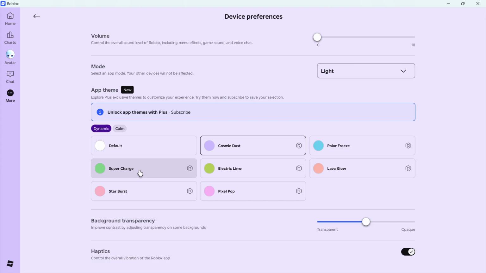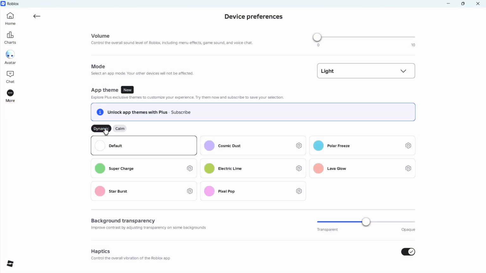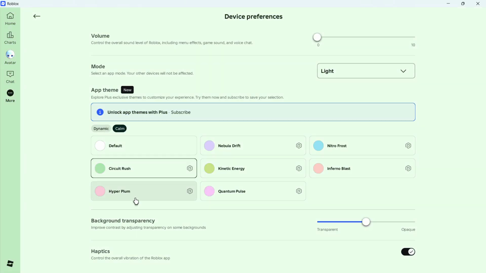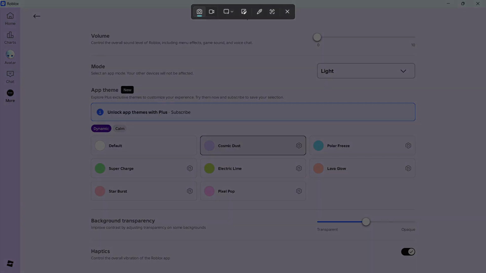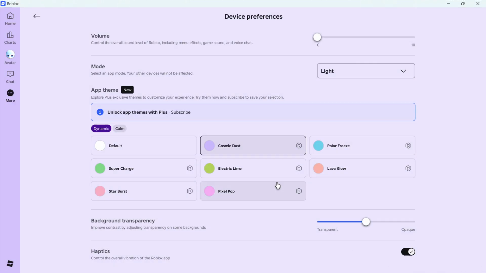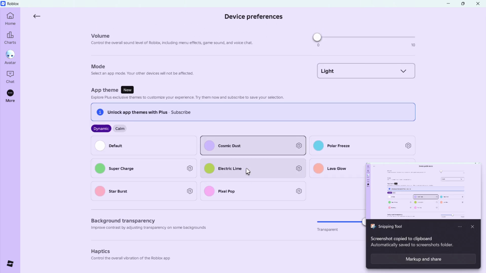You can use Cosmic Dust, Supercharge, Starburst, Lava Glow, and also you can change from dynamic to calm, like this one, or maybe this one. But to use this app theme, you need to unlock it by subscribing to Roblox Plus to make your Roblox appearance